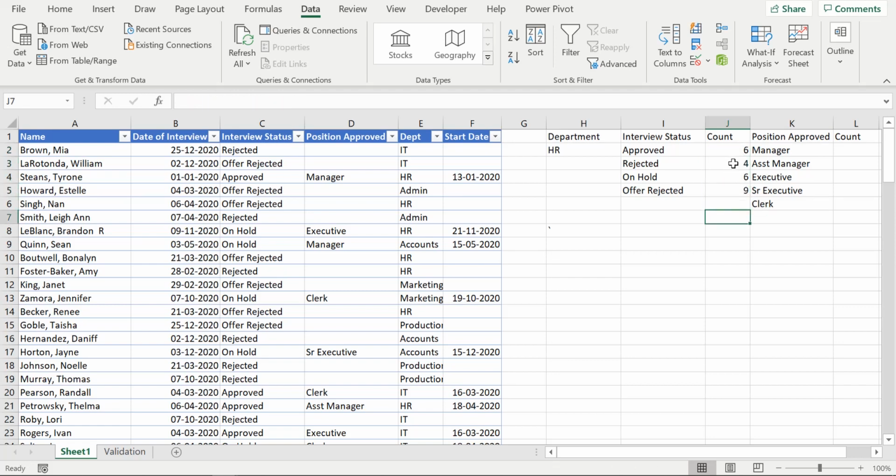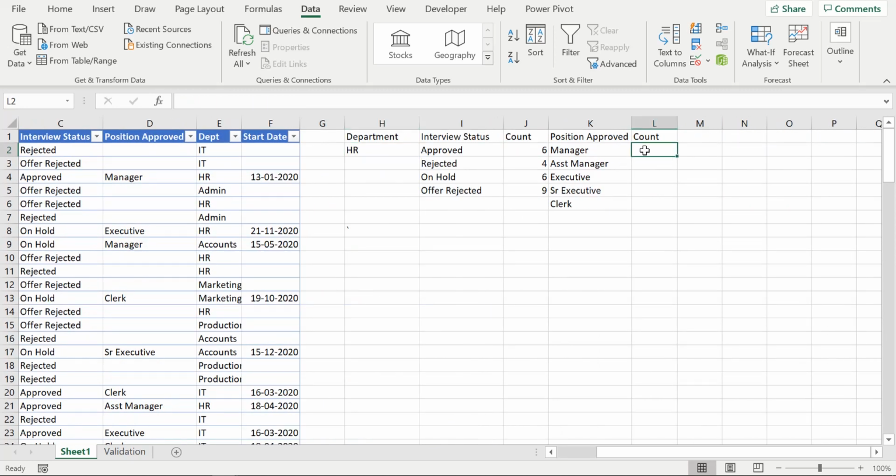and you see we get the number. If you see, H2 remains constant, okay, I4, I5, but H2 remains constant. This is a very important step. If you do not make H2 absolute, then every time you drag this down, it is going to become H3, H4, and since there is no value there, you will get 0. So make sure that your H2 value is absolute.